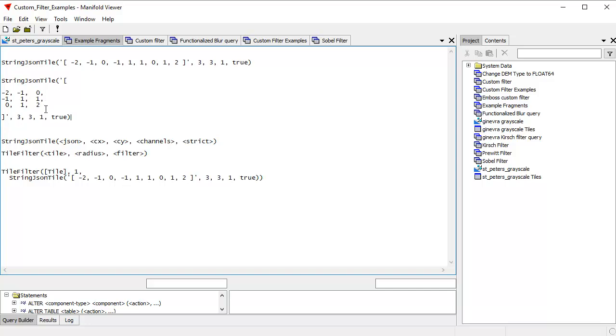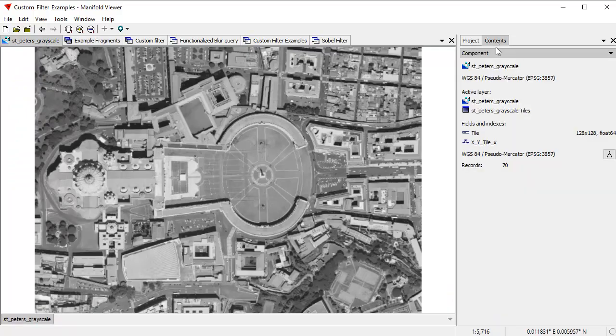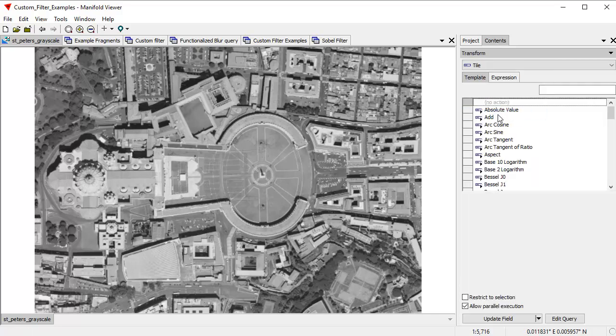It's an emboss filter. And we've put that inside the tile filter function to tell it to apply this filter, with a radius of 1, to whatever is the tile in the image. So let's copy that. Control-C to copy. Go here to the St. Peter's grayscale image,